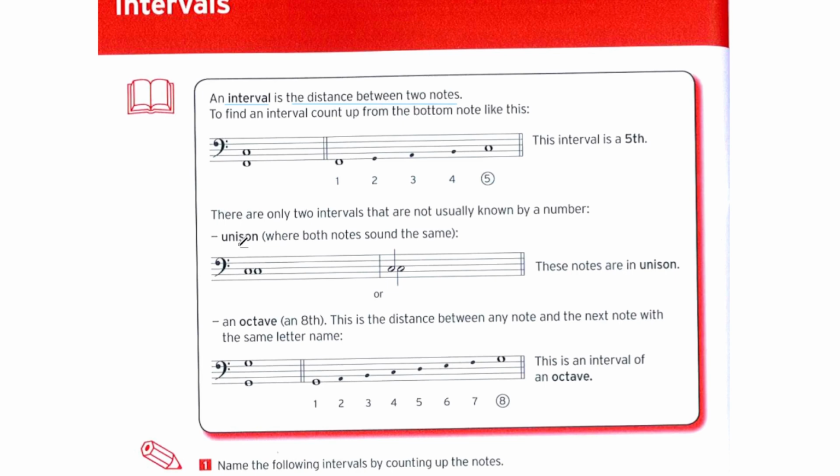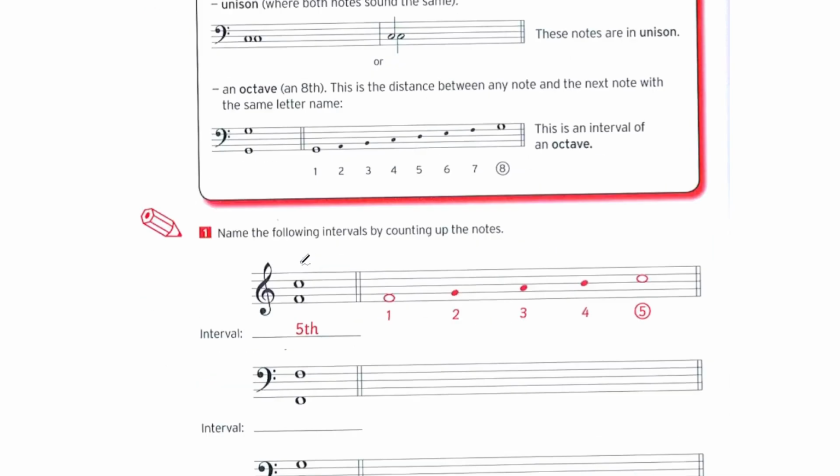So the smallest interval you can find is the unison, which is from the same note to the same note. This is from C to C. It's written in the same space or the same line. So this one's a D to D. Now let's take a look at page